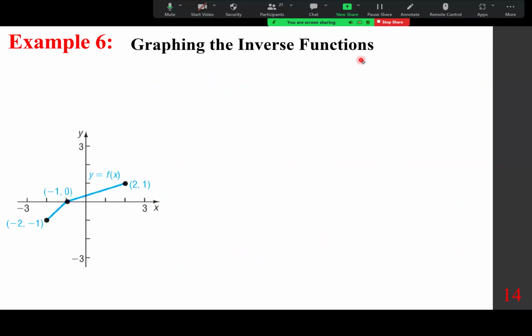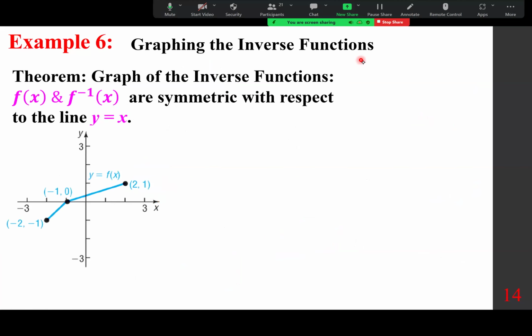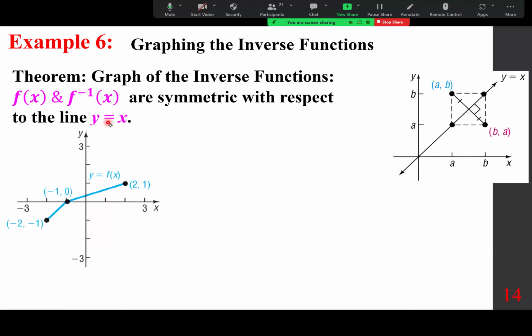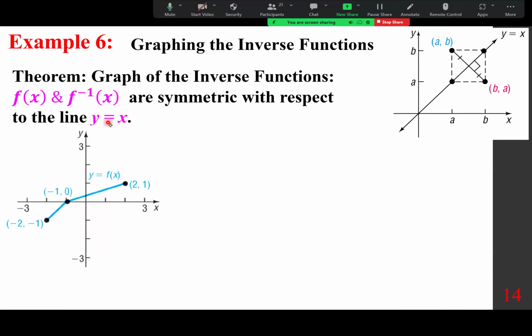Graphing the inverse functions. Theorem: the graphs of the inverse functions f of x and f inverse of x are symmetric with respect to the line y equals x. So all you have to do to see the reason is, if this is the line y equals x,